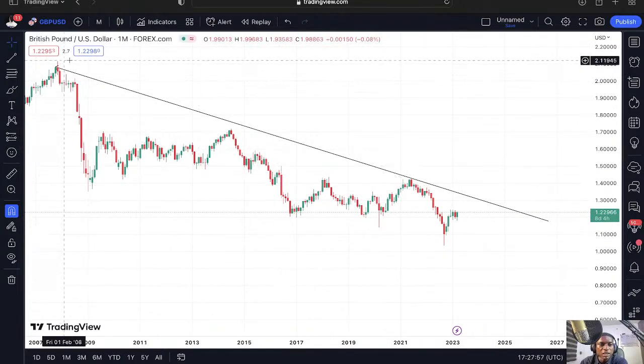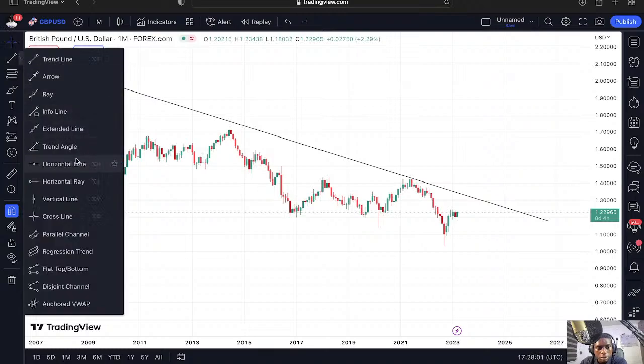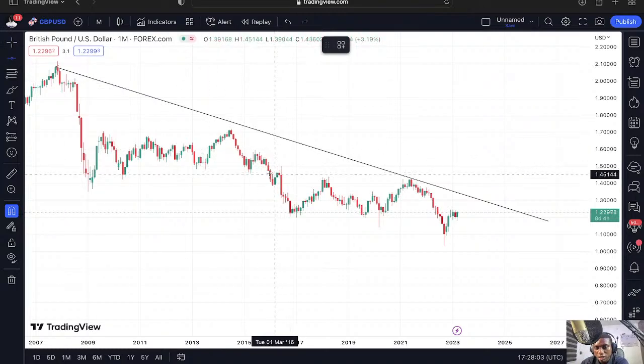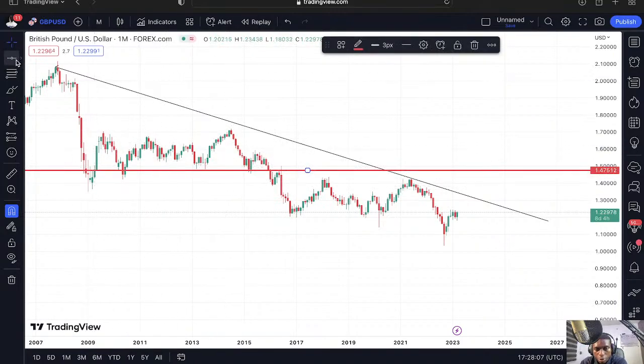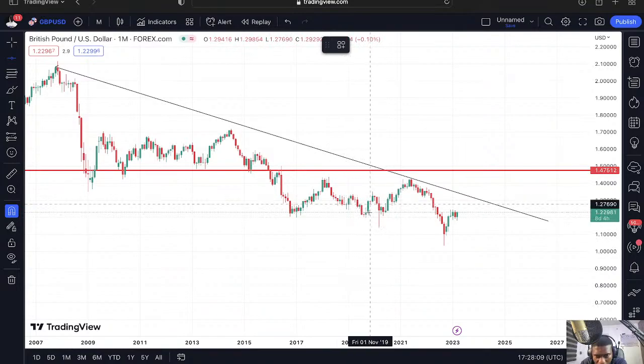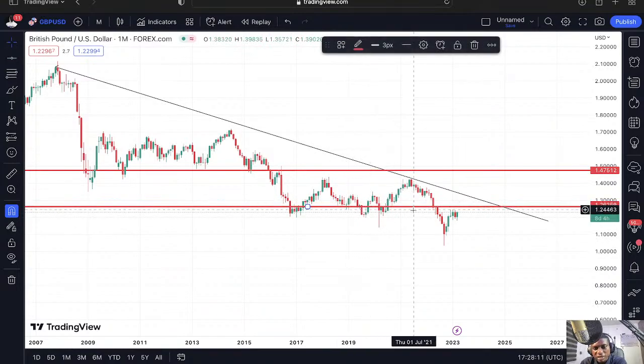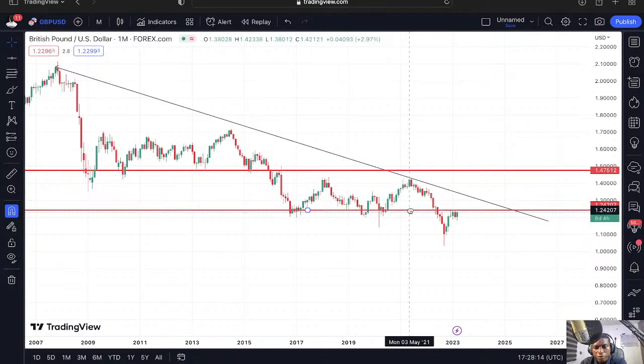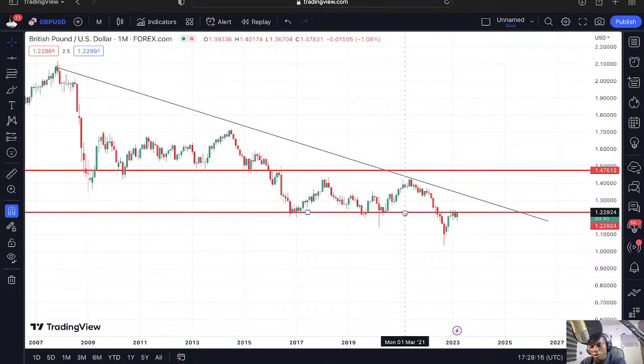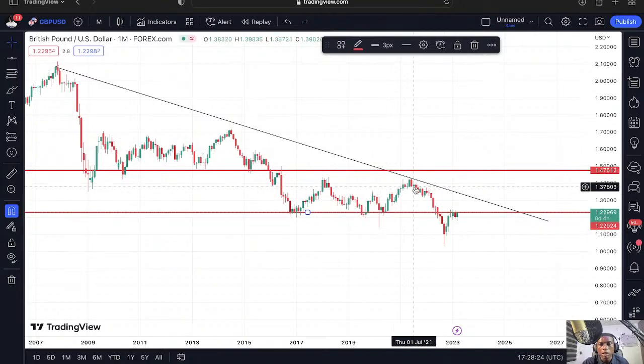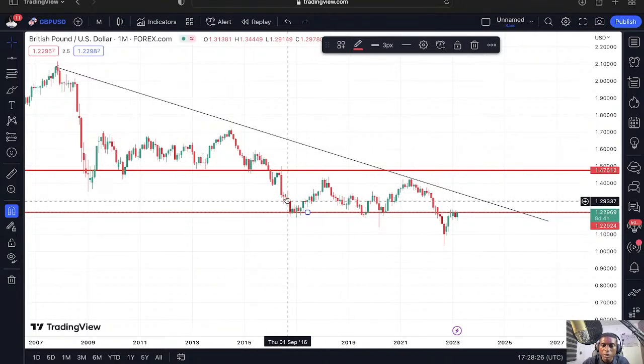So yeah, this is GBP USD, and I'm letting you see that we've been in a downtrend for a while now, mapping out levels of support and levels of resistance. We are seeing that the GBP move is quite similar to that of the Euro USD. We can see so clearly in the monthly time frame here